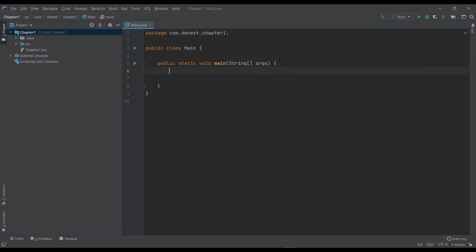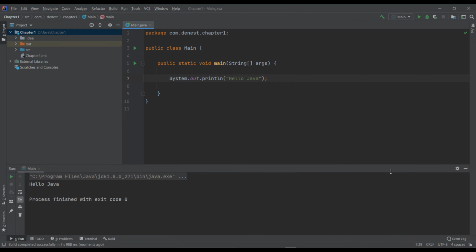Okay, I'll teach you now how a program works. If I write system.out.println and inside two quotes I say hello Java, and run this using the run button here, you'll see the output came and it's saying hello Java.